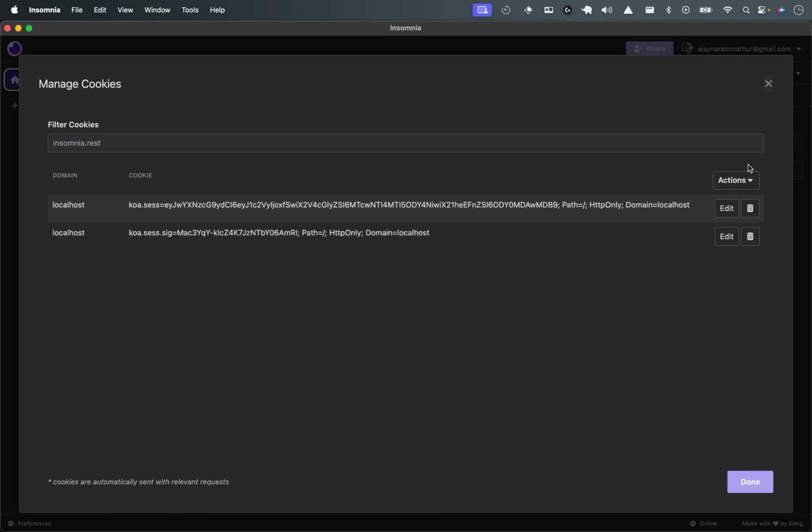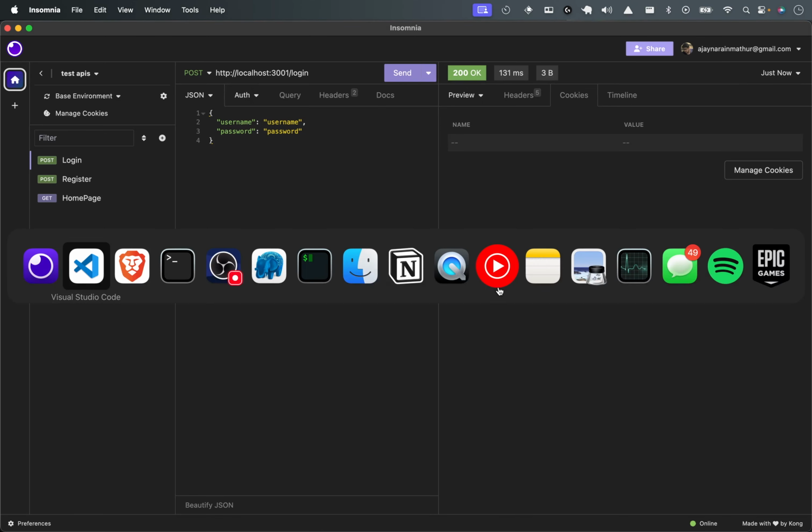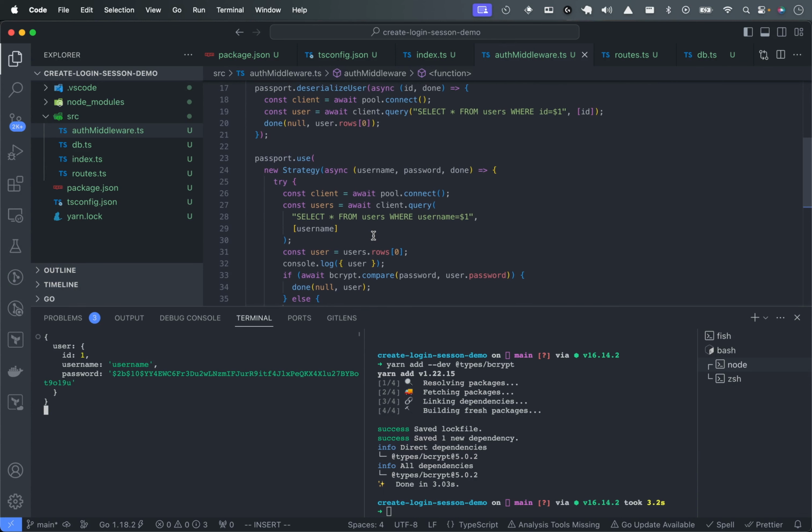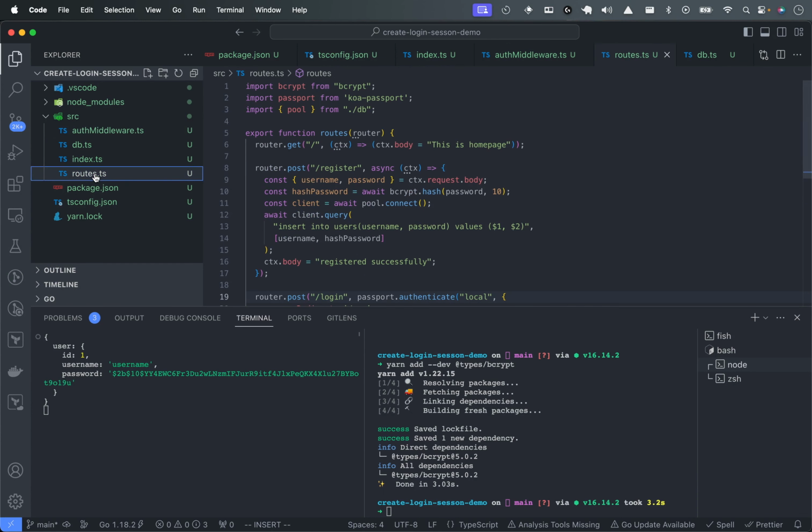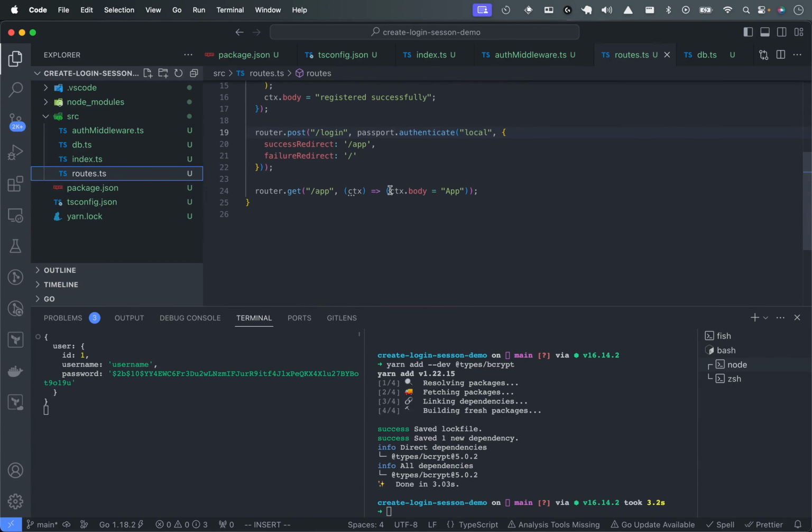And if we go to cookies, we can see the session cookie got set up. So this is the cookie which got set up, and it contains the user ID. So this path looks good. And once the cookies are set up, we go to route, and actually we have got the app here, right? If I do this,